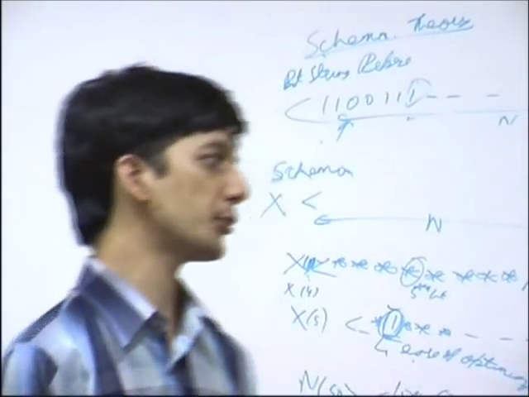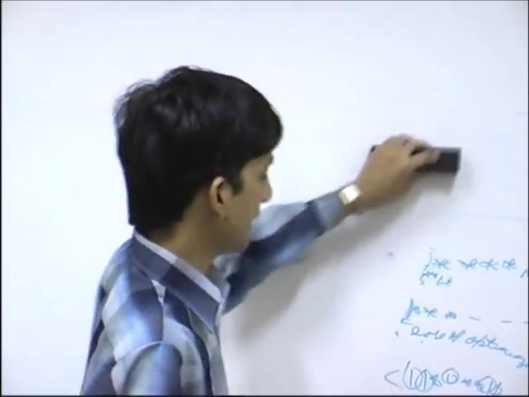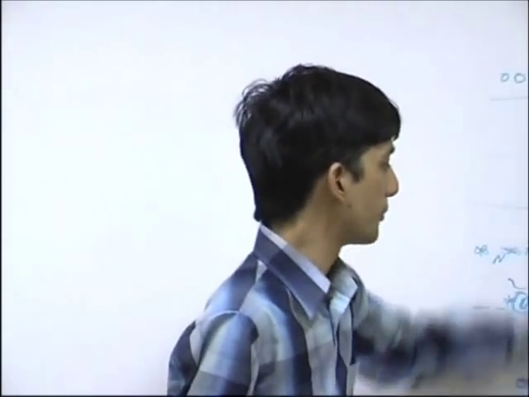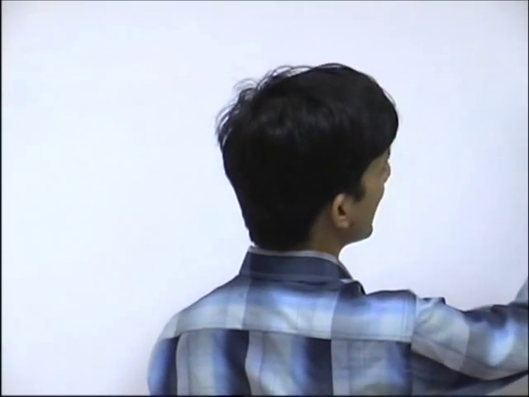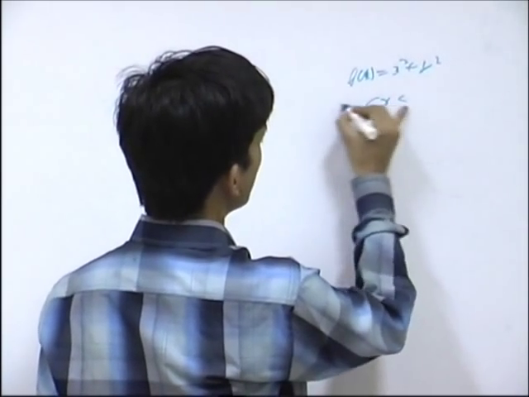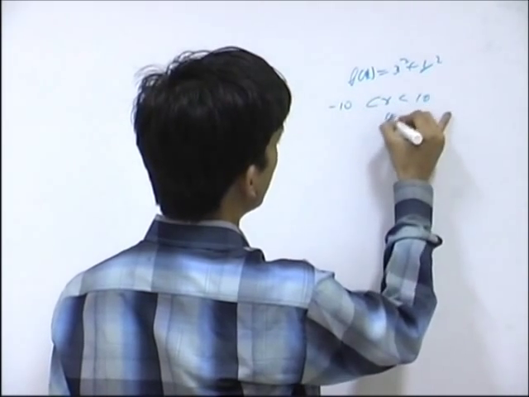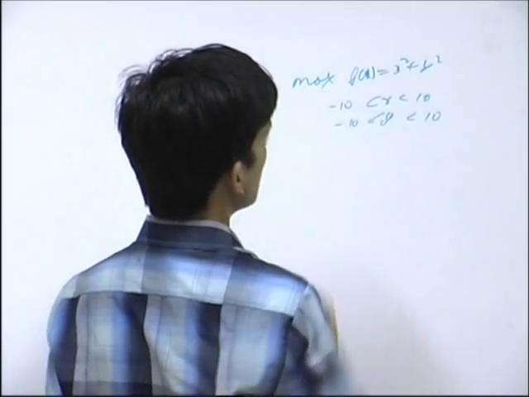Of course, we will not go more into this schema thing. We will not touch upon the entire intrinsic factors within, but the motivation is just that as we go on, every star is converted into a 0 or a 1. Let me take a very general example. Say my optimization is f(x) = x^2 + y^2, where x lies between some lower bound and upper bound, let's say minus 10 to 10, and y between minus 10 to 10. Let's say I need to maximize it because I'm using the word